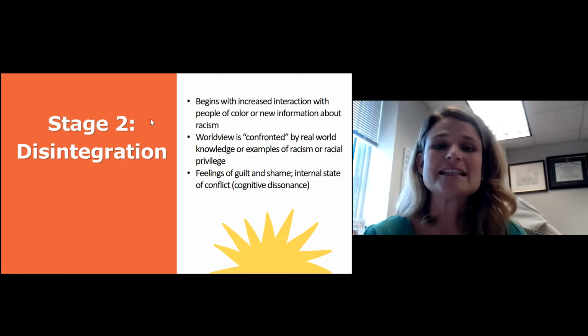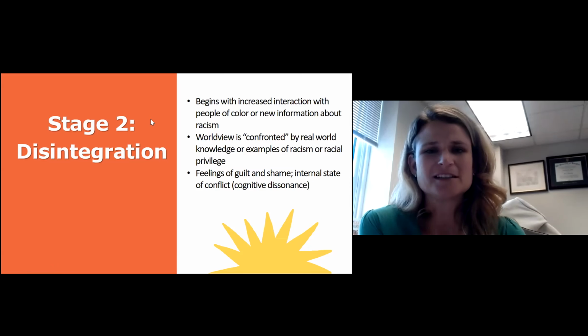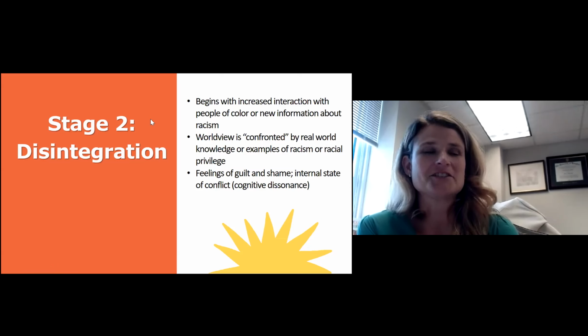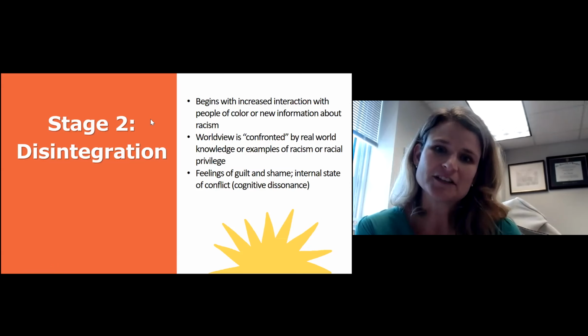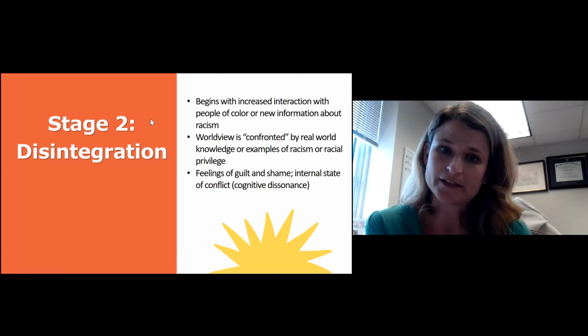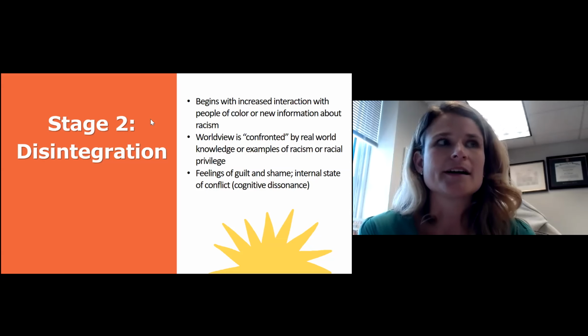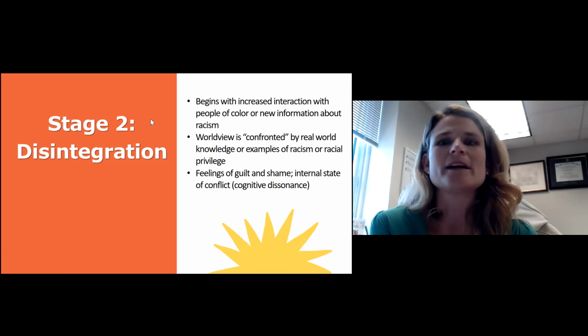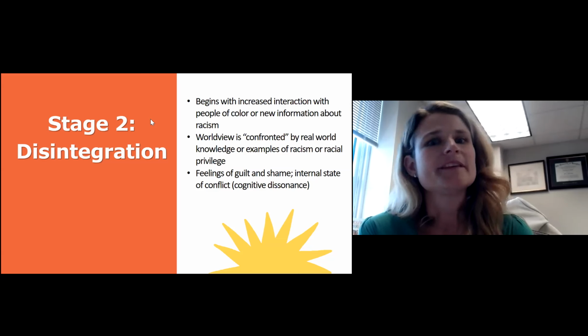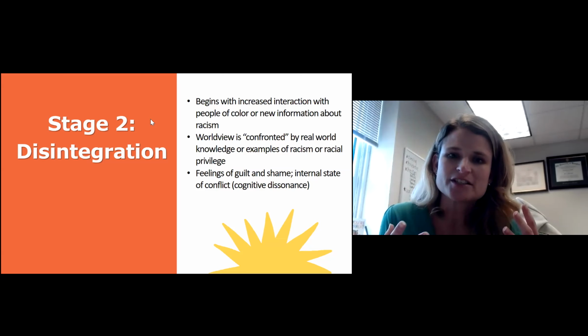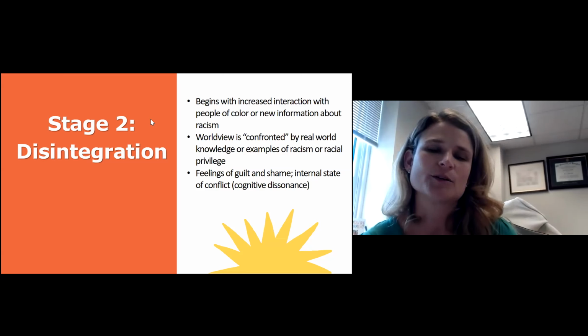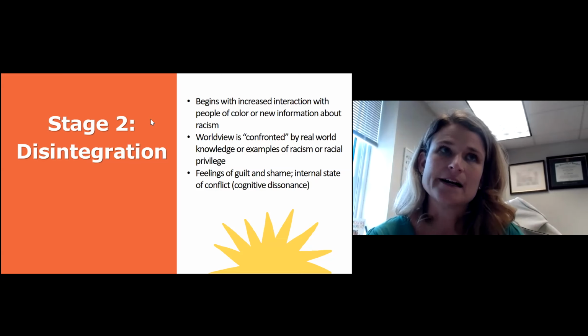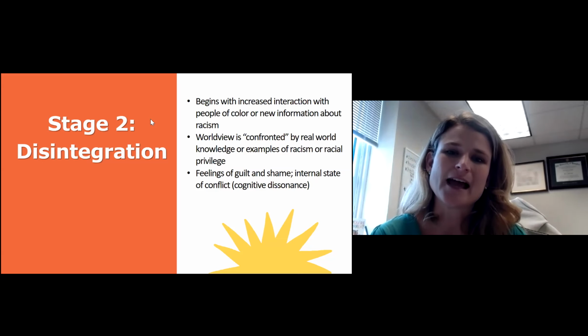maybe doing student teaching and noticing things like the teacher never lets the Black kids go to the bathroom when they ask, but always lets the white kids, right? Or we say that whites and Blacks use drugs at the same rate, but the incarceration for Blacks is much higher. So it's this information about reality where you're really confronted with the gaps in the